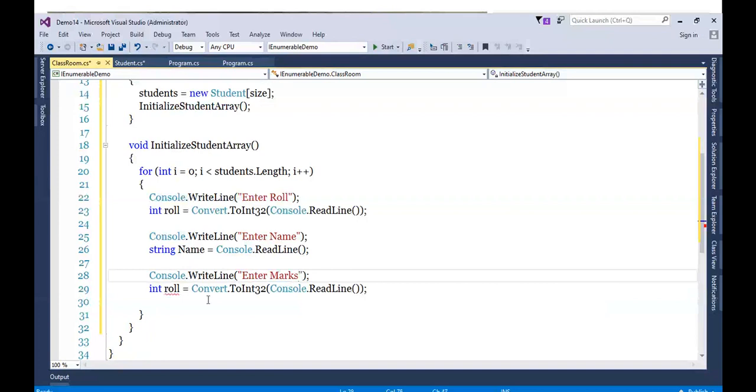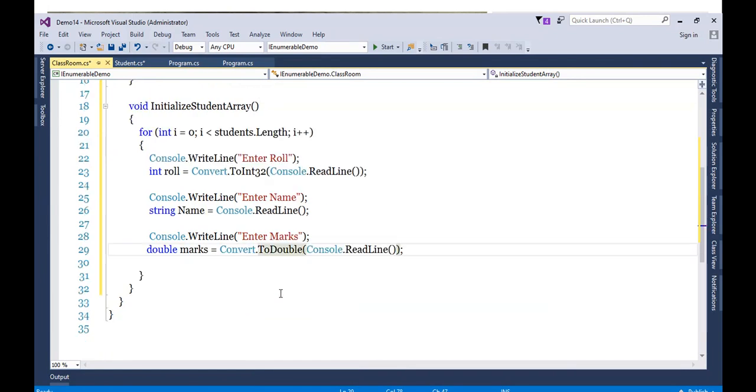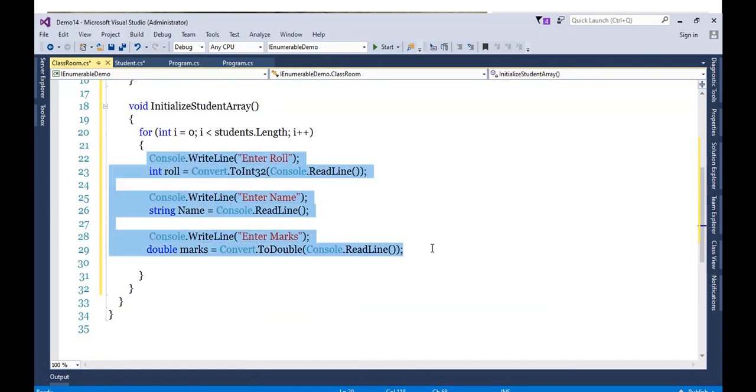So double marks equals Convert.ToDouble. Okay, so we got all three values for the object.